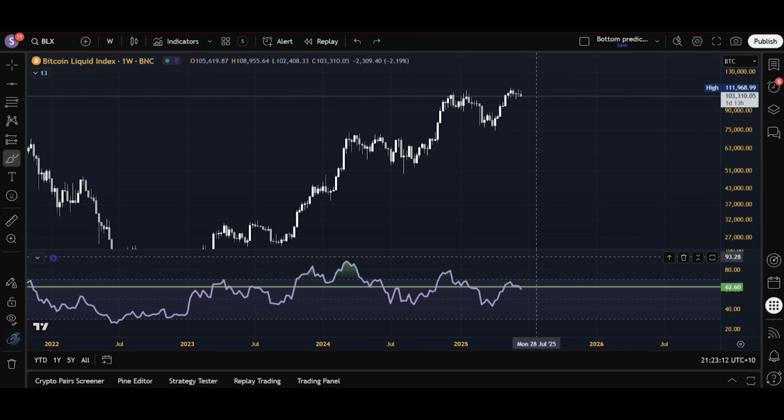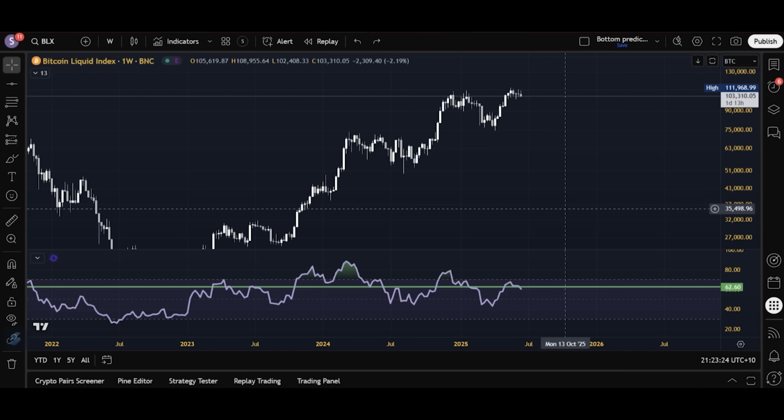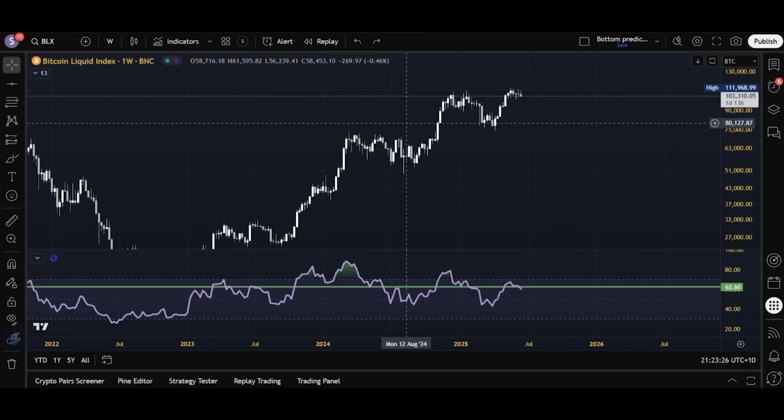So that was a quick recap of the last year and a half with this level, and you can see it has had a pretty significant implication in pretty much all of the moves we've seen. So the fact that we're threatening to close below it right now in 36 hours could seem concerning.